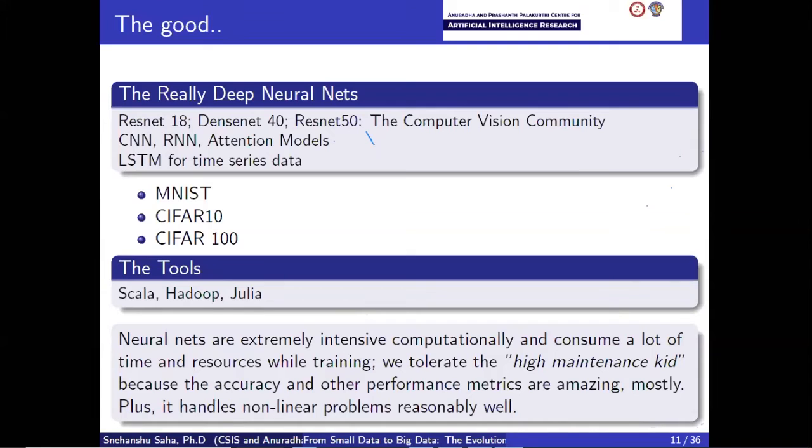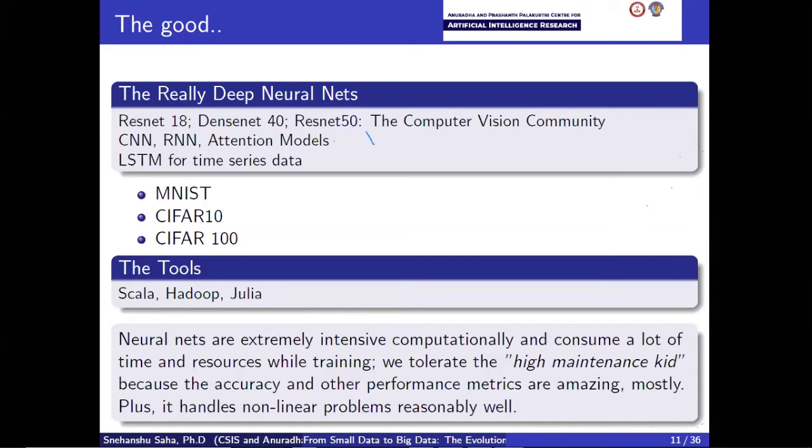And this is not only from a business perspective, even in astronomy, we do that. There are millions and millions of images of galaxies and hot stars and quasars, and we would want to classify them, right? And there have been some really sophisticated architectures and models proposed. Convolutional neural network being one, recurrent neural networks, attention models, LSTM for time series data, and so forth. Also, while the big data community processes this kind of data in the pipelines, they have also prepared a very extensive set of data sets for other people to experiment with. Some of these data sets are MNIST, CIFAR-10, CIFAR-100. There is a Fashion MNIST data set as well, and lots of other data sets.